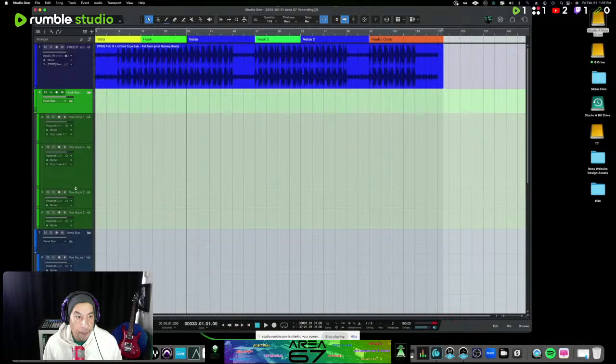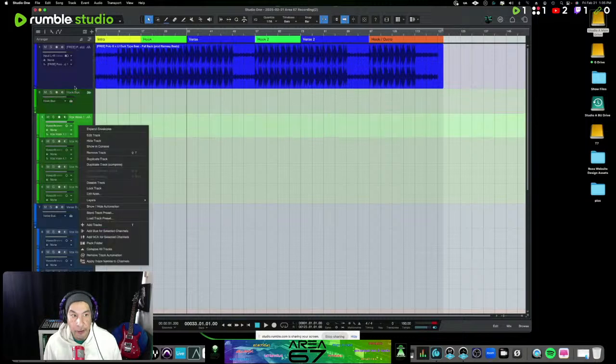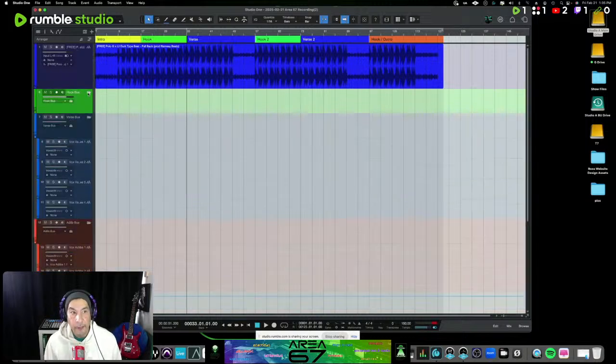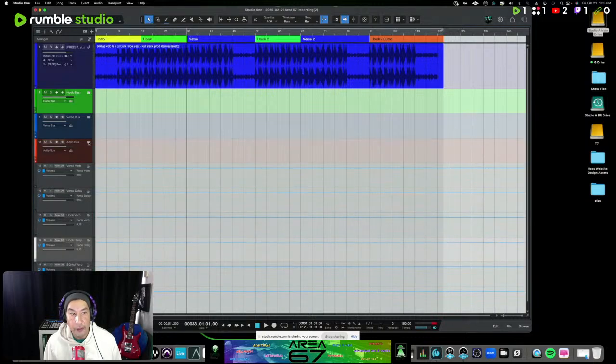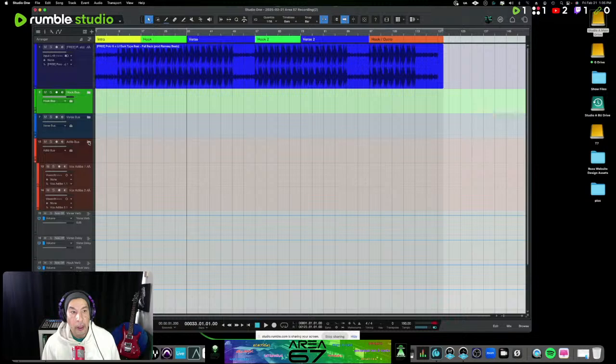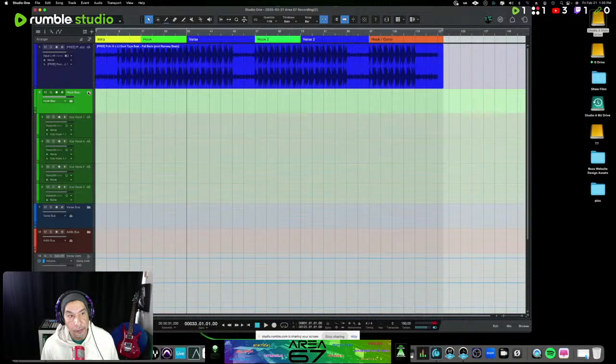So we've got 4 tracks to record my vocal hooks. If I need to add more, I'll just add them into this folder. So this is the hook bus, and whenever you create a bus, it will create a folder that will have the tracks that are associated with that bus inside that folder, so that you can view it, close it out. It makes view options a little bit easier. So if I'm just working on the hook,